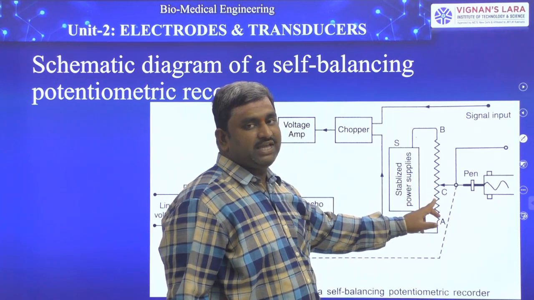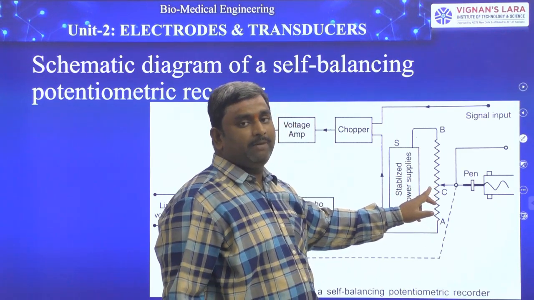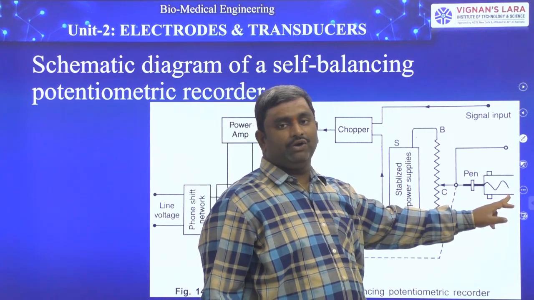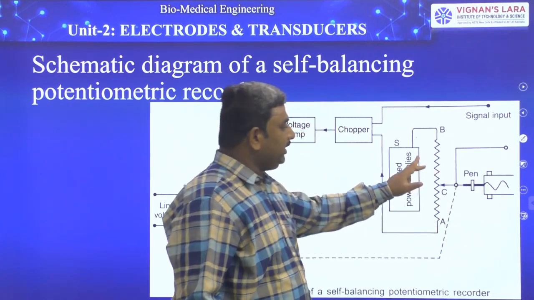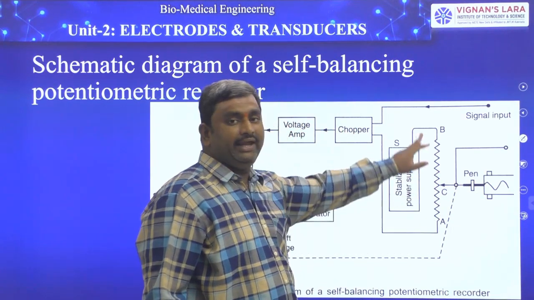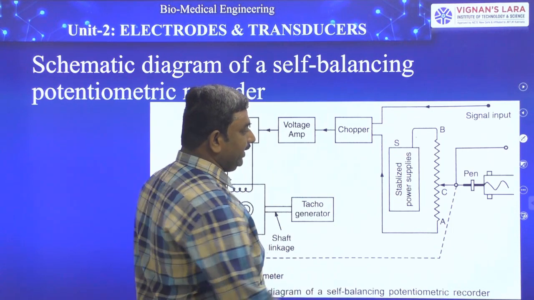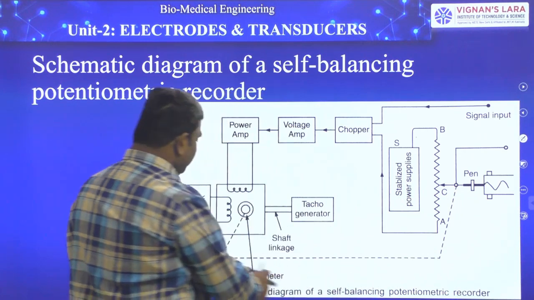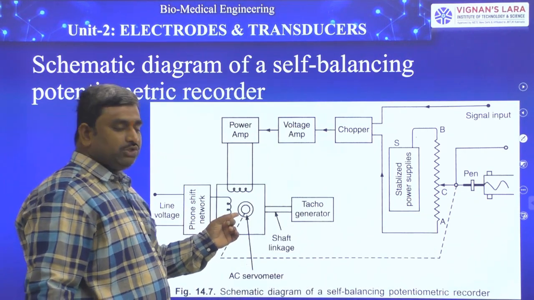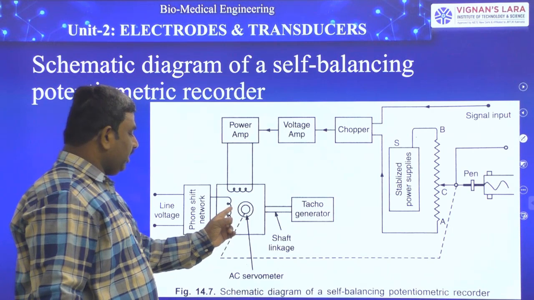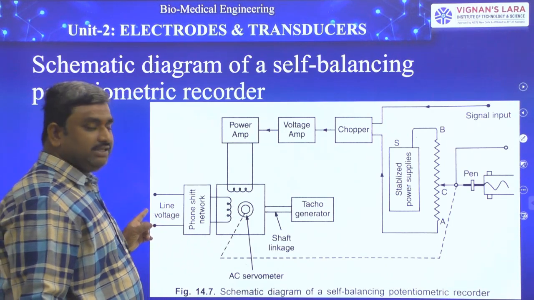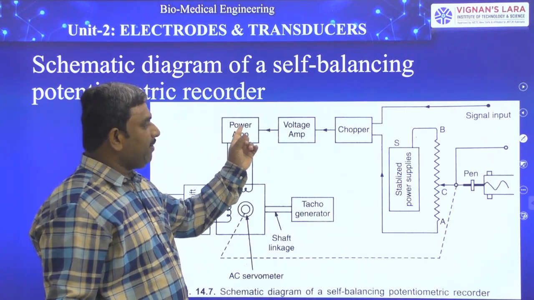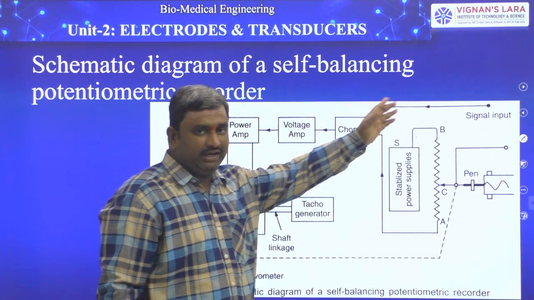Now, which type of resistance have I chosen here? Automatically, when I am choosing the resistance, the pen records, and the stylus is also moving. So the most important thing here is how to vary this type of resistance. This output pen is connected to a motor. This motor is connected to the line voltage, that is the normal power supply, and second, it is connected to the power amplifier. The power amplifier is connected to the voltage in the reverse direction.